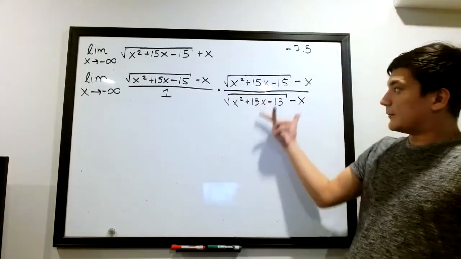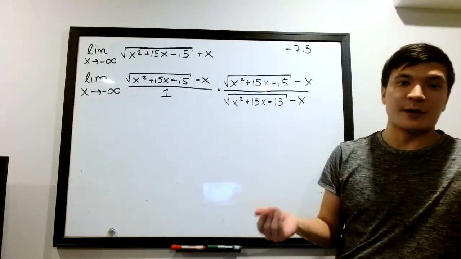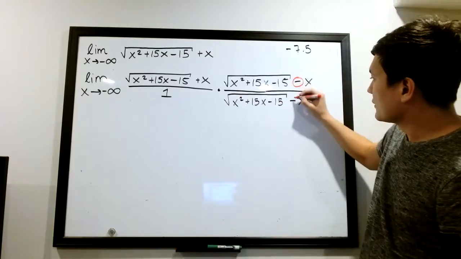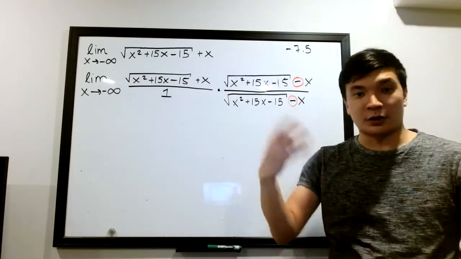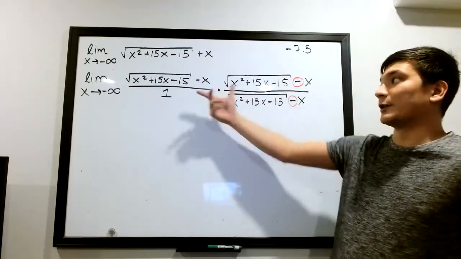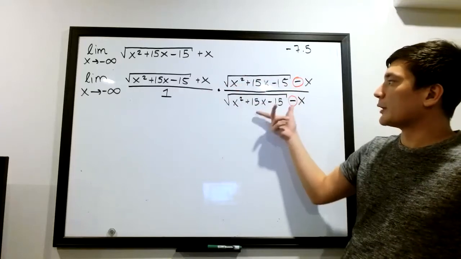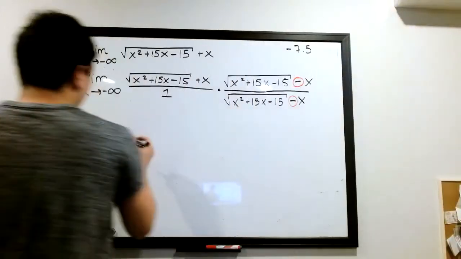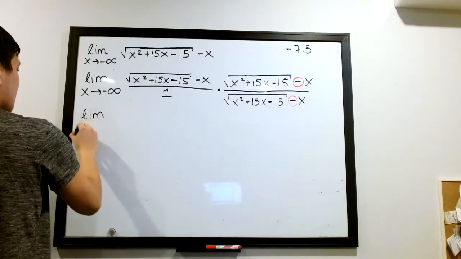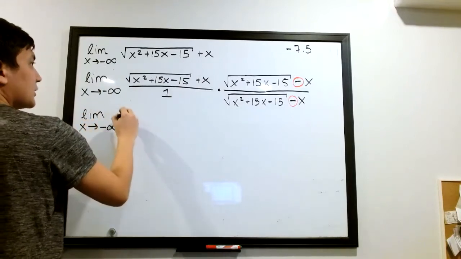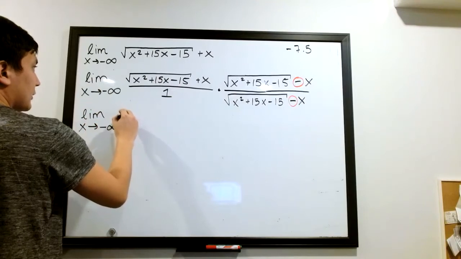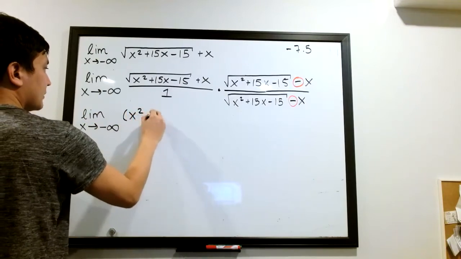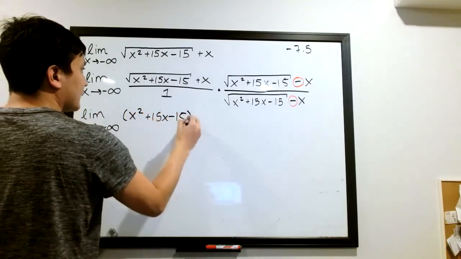You might be familiar with this technique. This is rationalizing the numerator. Note that I changed the signs here, so I'm multiplying the numerator and denominator by the conjugate expression. Now I'm going to multiply it out. I'm going to write this on a new line. So I'm going to have x squared plus 15x minus 15